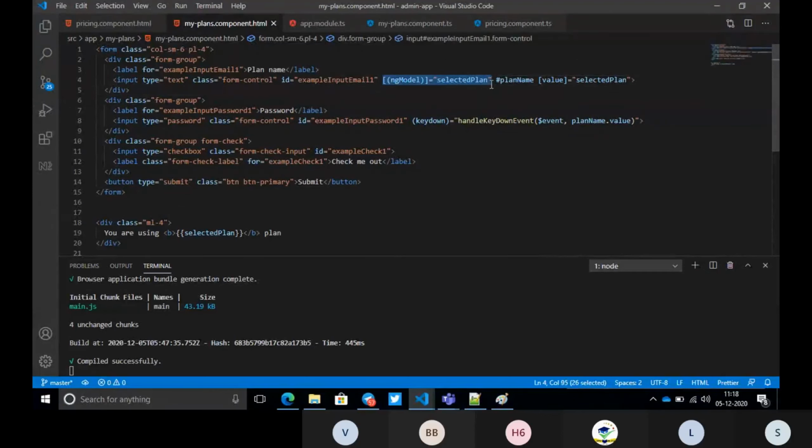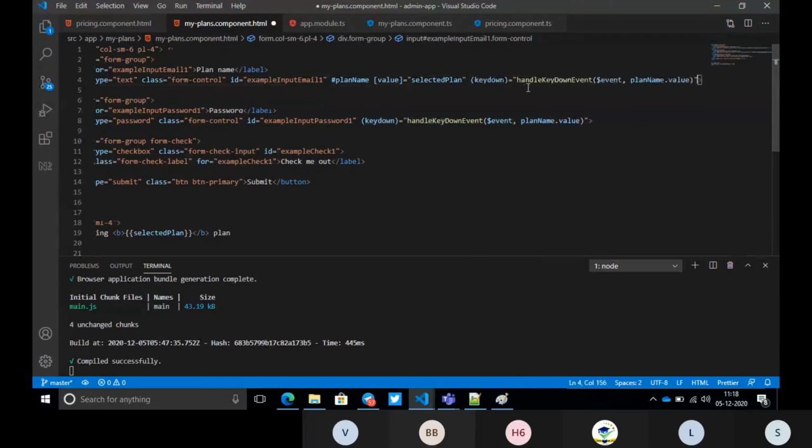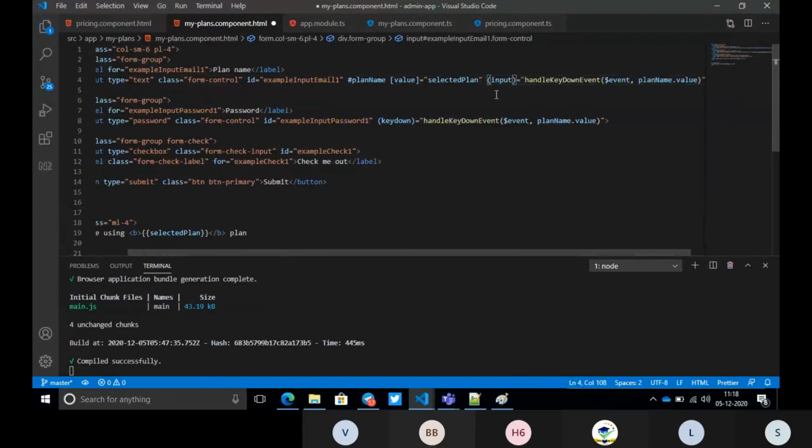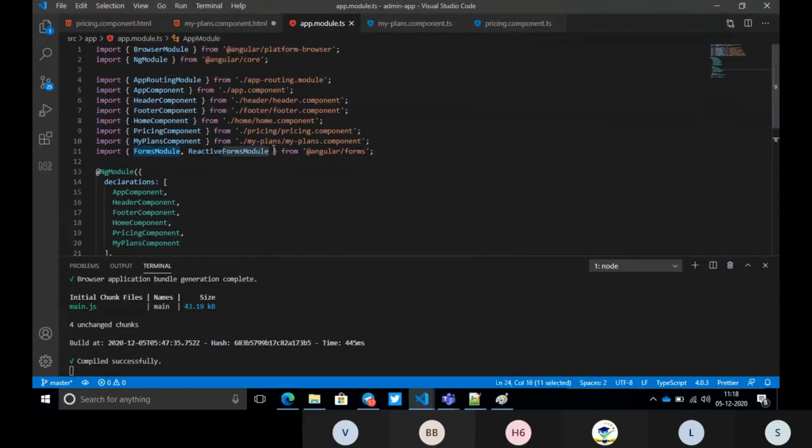Let me just remove this, and we'll do whatever style we have done. And I will fix it for you. Don't worry about why it is not working. This is just a new setup, so there should be a problem with these imports. I don't want to waste time debugging here and waste your time, so I will just fix it and give you the working project.